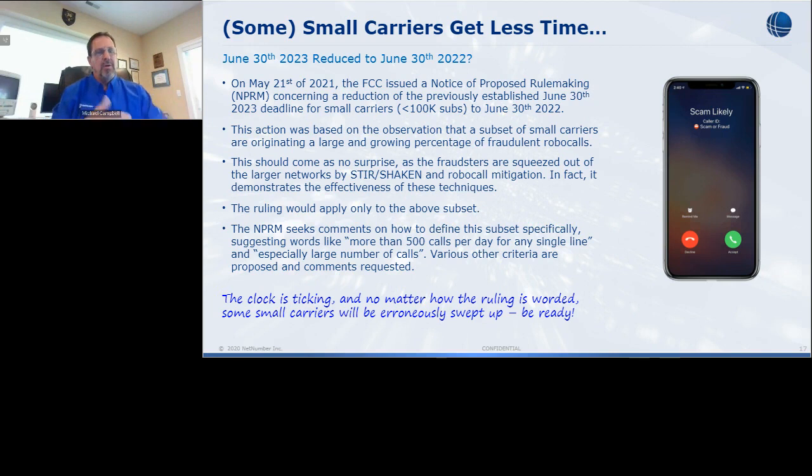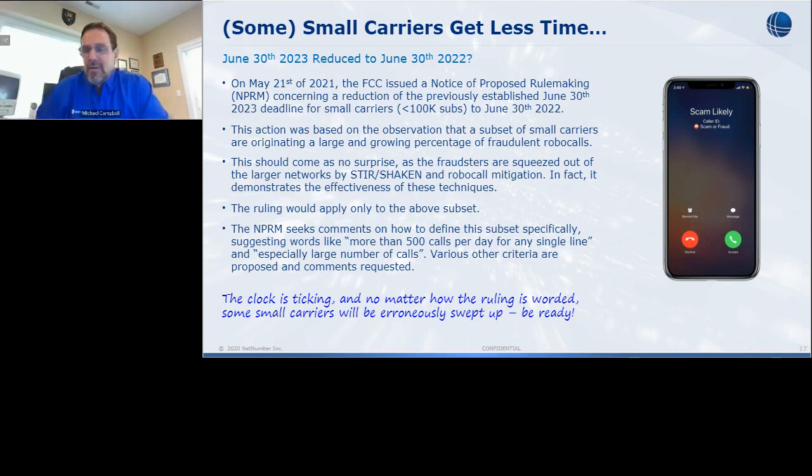So the notice of proposed rulemaking doesn't say, I'm going to do this at this point. It says, I'm thinking carefully about this, and I need to understand how to identify that subset of small carriers who are generating that disproportionate amount of traffic into the telecom network. So this is now out for comment. And for those of you who are not familiar with how rulemaking works at the FCC, this pretty much indicates that the FCC is going to do something about this. They're going to absorb the comments that come back, make some decisions, and there'll be some new rulemaking that goes with this.